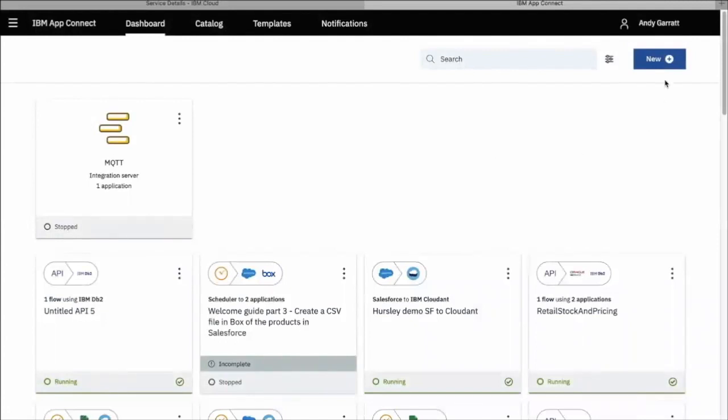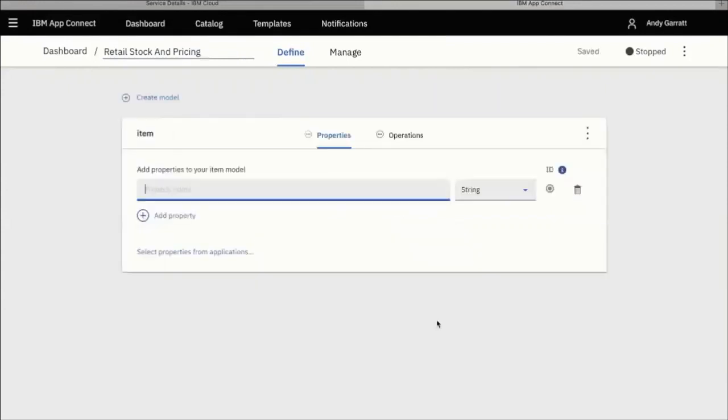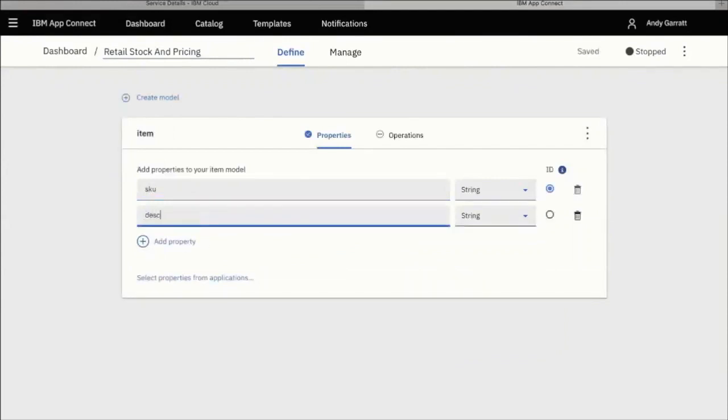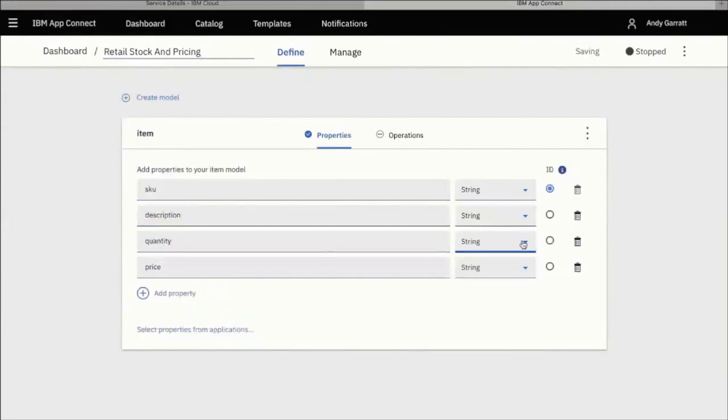We want to create an integration that backs up to an app backend and that allows for us to expose it as an API. So here, basically, we're creating an API flow, which is an app integration. We're giving the model a name. And as we do that, it already has a set of pre-built screens for me to really rapidly add what I need. So here I'm going to add a set of properties for that app integration. And I can also define what kinds of things these are, so numbers and strings and Booleans and those kinds of things. And as I do that, I'm defining the model that I want.